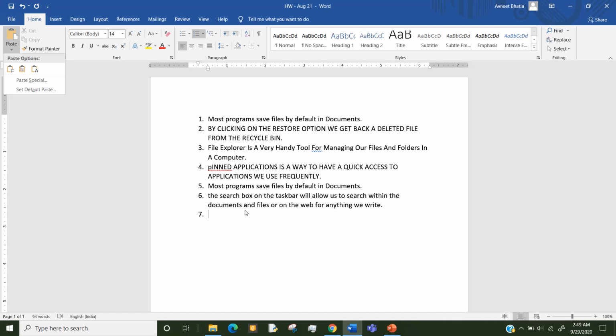So this is called moving. Now let's delete this number 7 as we don't need it. So I'm pressing backspace key to remove the number 7. So this is how we move the selected text.